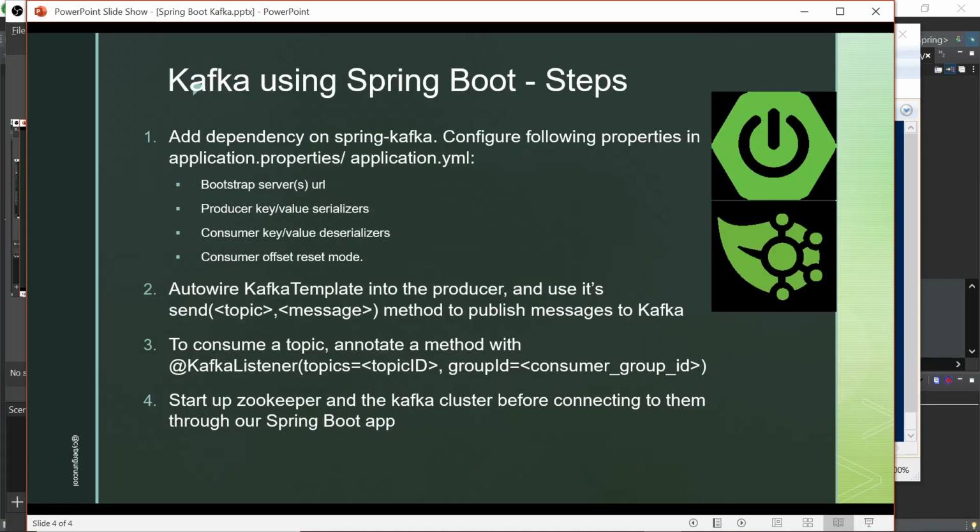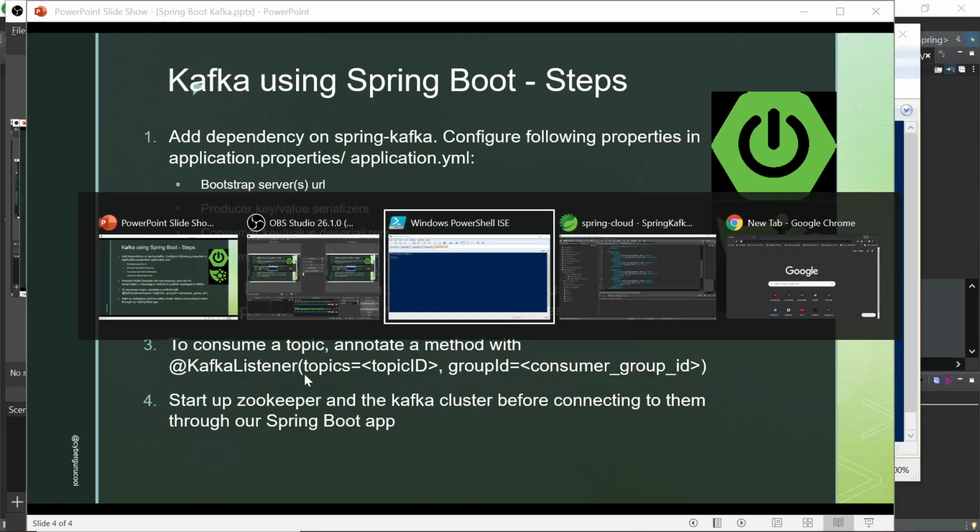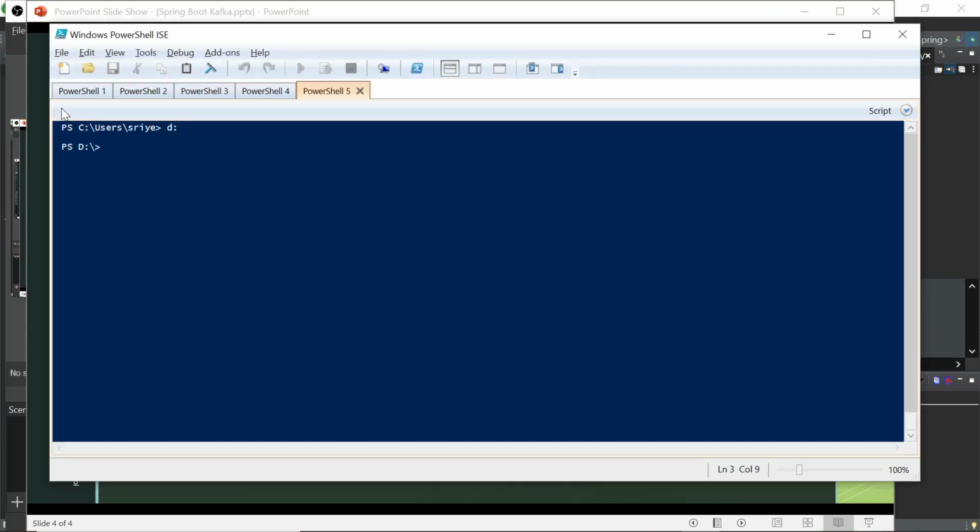Okay, so before going to Spring Kafka and implementing this in STS, let's quickly create our topic. Okay, so let's shift to our PowerShell here. Okay, so the first thing that we have to do is we have to bring up our Zookeeper.